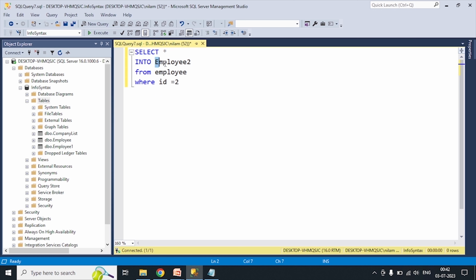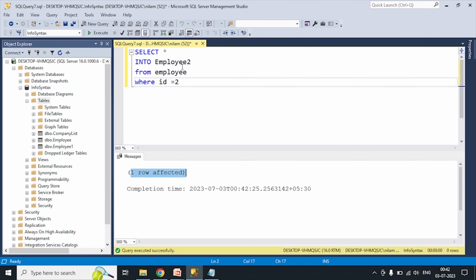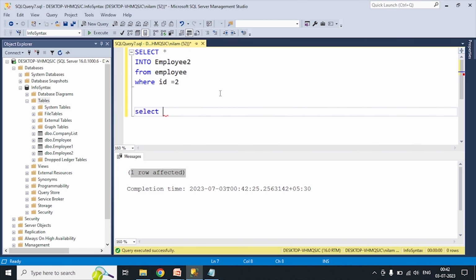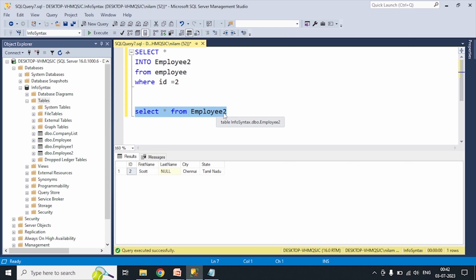I will create the employee 2 table. I will move only the employee ID is 2. You can see one row is affected. Now I will refresh the table. You can see one more table is created. Then I will query to get the data from the employee 2 table. So you can see employee 2 is created by the above statement and also inserted one record as per